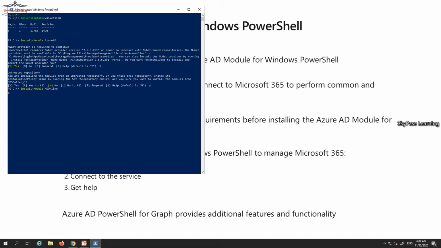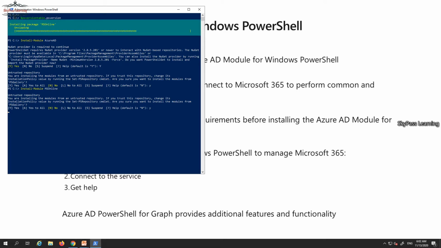I'm installing both modules right away so I can show you all the cmdlets and the difference between them. Okay, so it's now unzipping and installing. Once you install it, you have to import it. Okay, now installation has been completed.